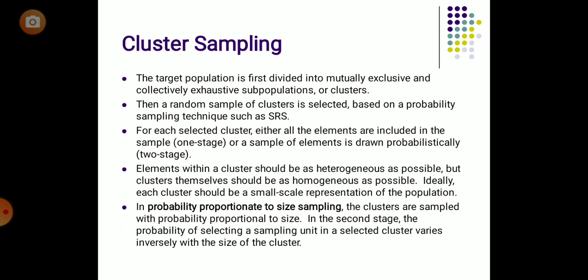If we move further towards cluster sampling, again in cluster sampling the group is divided into different clusters. But if we talk about the characteristics of cluster sampling, the between-group sample should be heterogeneous, sorry, between groups they should be homogeneous, and within a group they should be heterogeneous. Let's take the example of two societies in your area, society A and society B. In society A, people of different demographics are staying: youngsters, old-age people, and people of different income groups.